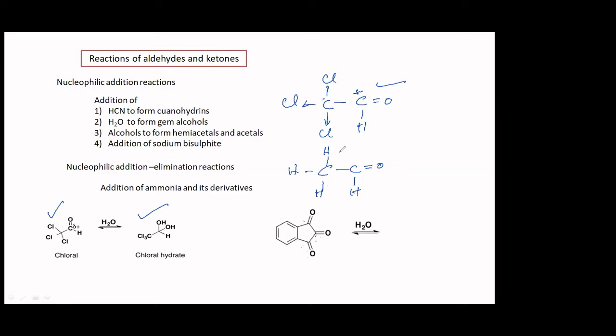So they can ask you the same question in this form also. Which of the following compounds is capable of forming the most stable hydrate? The same question, most stable hydrate. The concept remains the same. So in this case, you have to choose this. If electron withdrawing groups are there, it is going to make this carbon more positive, and therefore it will choose to form the hydrate and become stable.